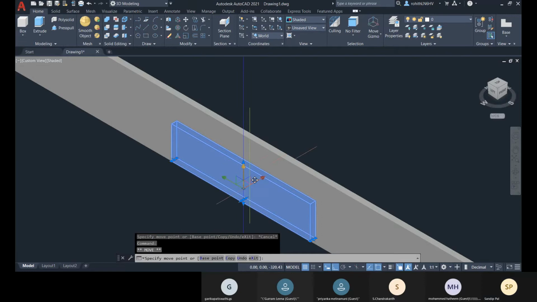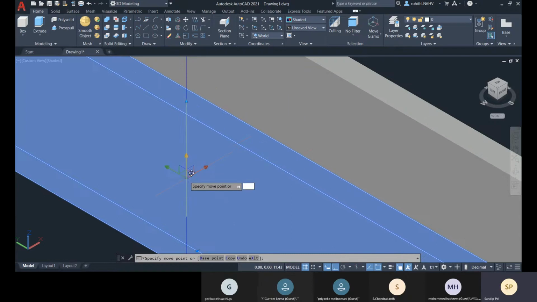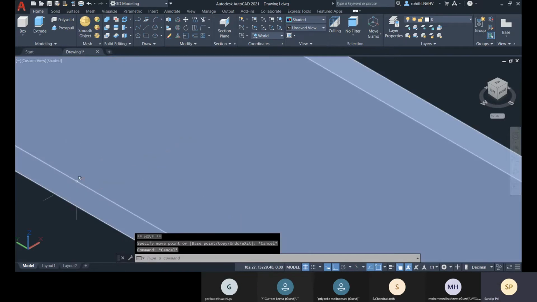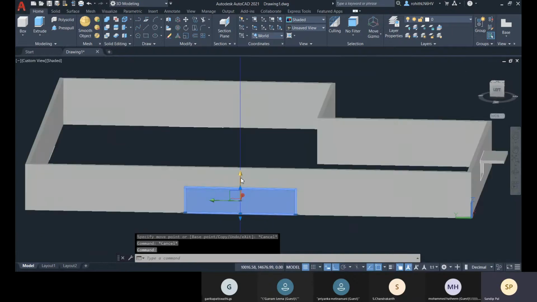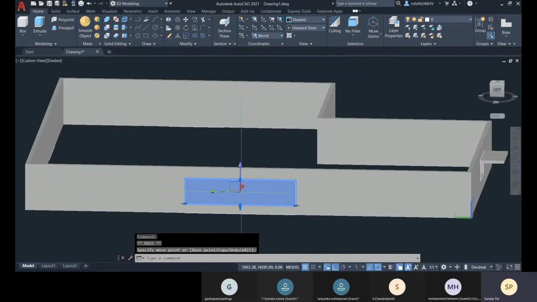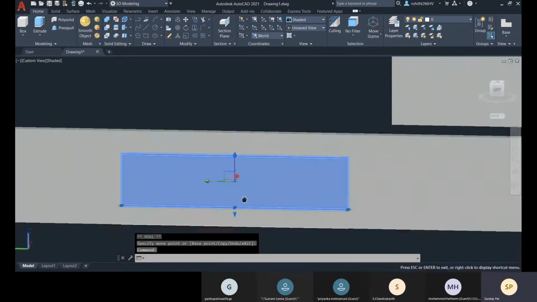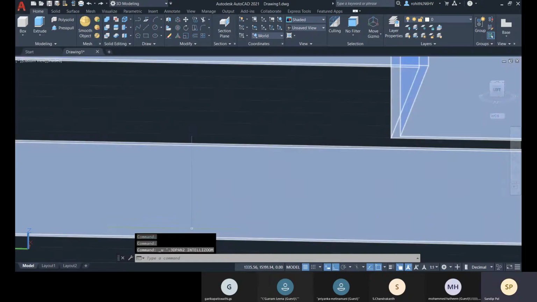Sorry, it's taking the base. Yeah. So I have shifted the position with that gizmo.